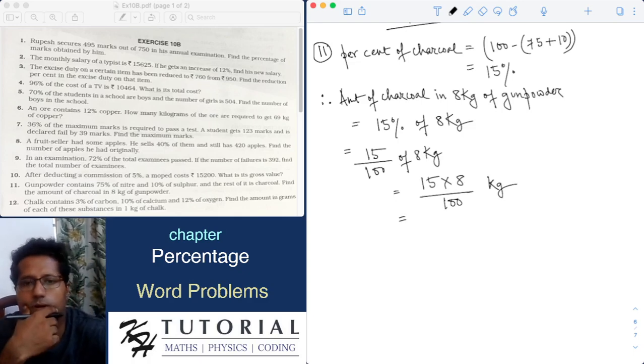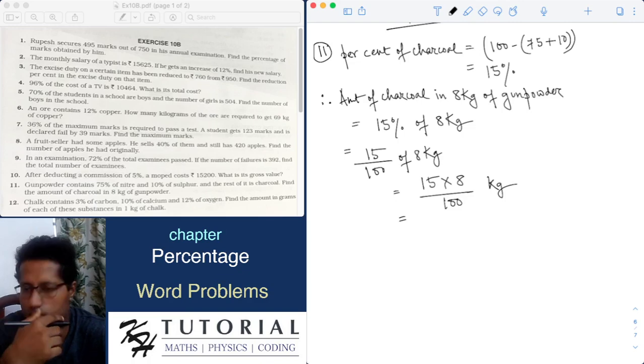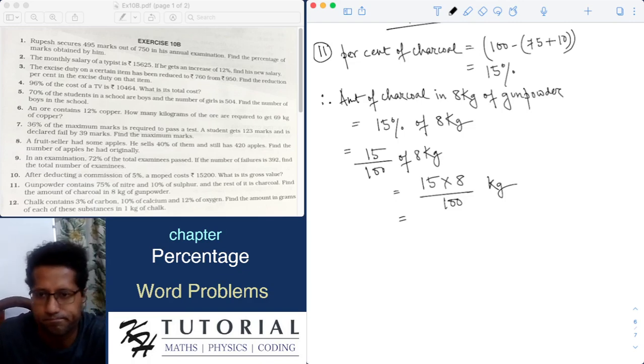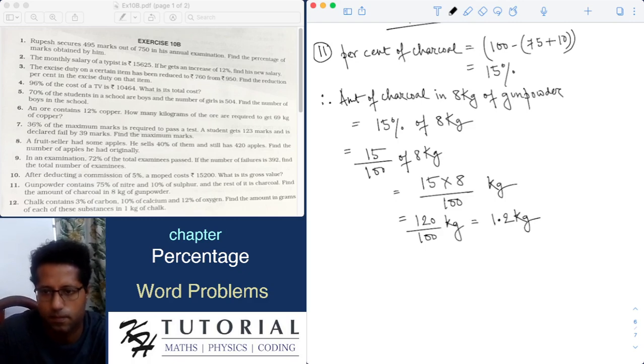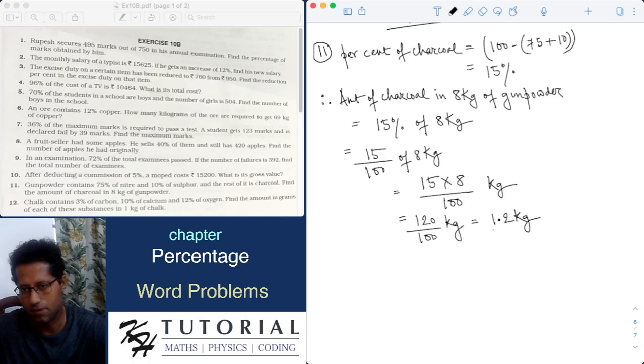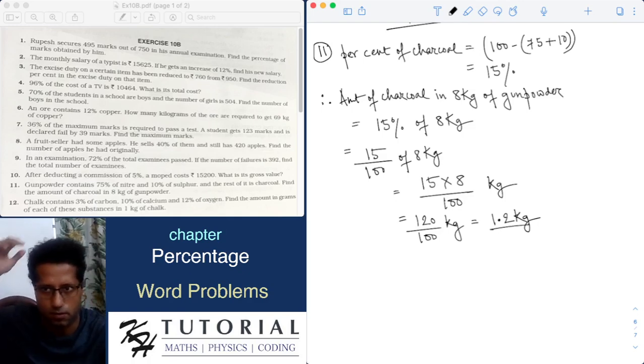This is 120 by 100 kilogram. This is 1.2 kilogram. So 1.2 kilogram is the amount of charcoal in 8 kg of gunpowder, because the problem says that